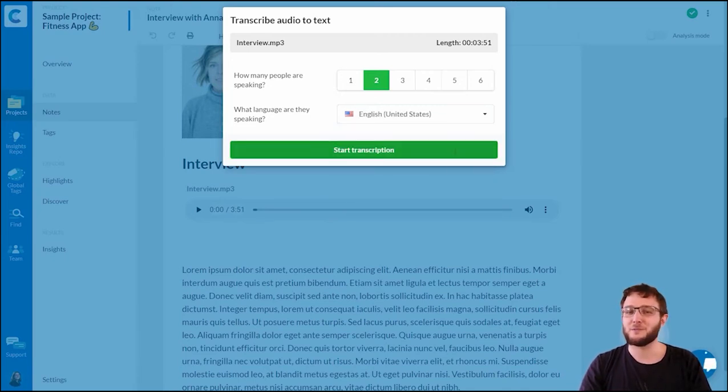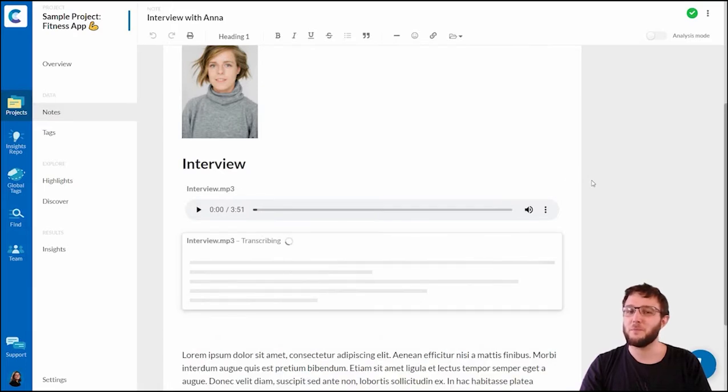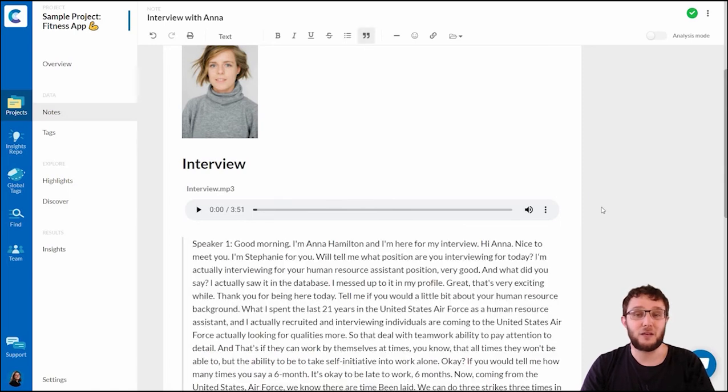When you click on this button, the transcript will begin processing. A processing container appears below your file in the node. When finished, which is roughly after the half-time of your duration of the recording, the transcript is inserted there. So please be patient. You should keep in mind that there is a quota limit of total minutes that can be transcribed per month, and that depends on your plan and your team size.